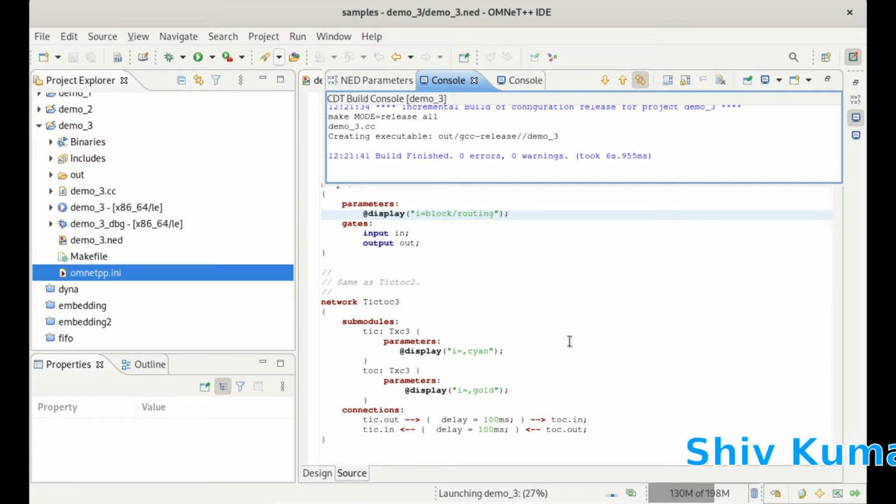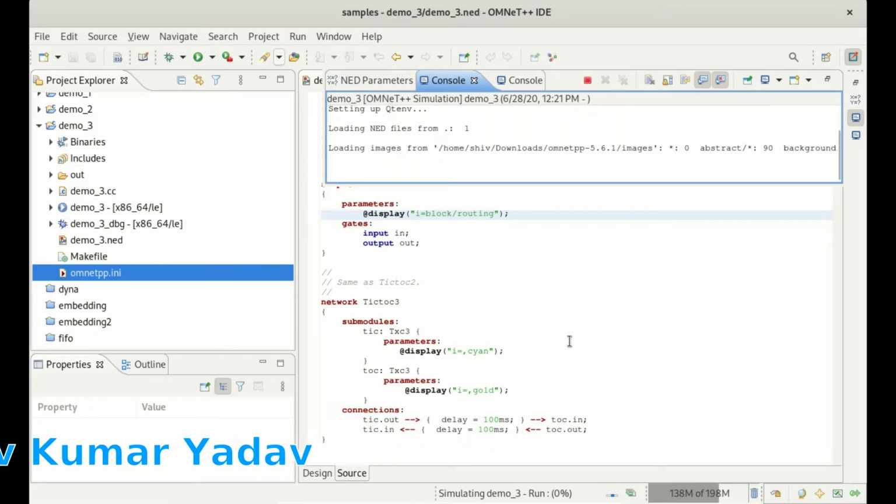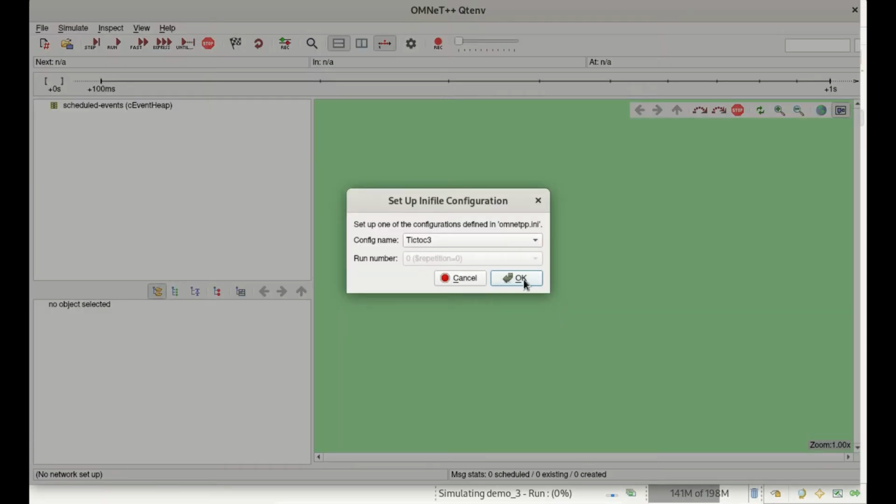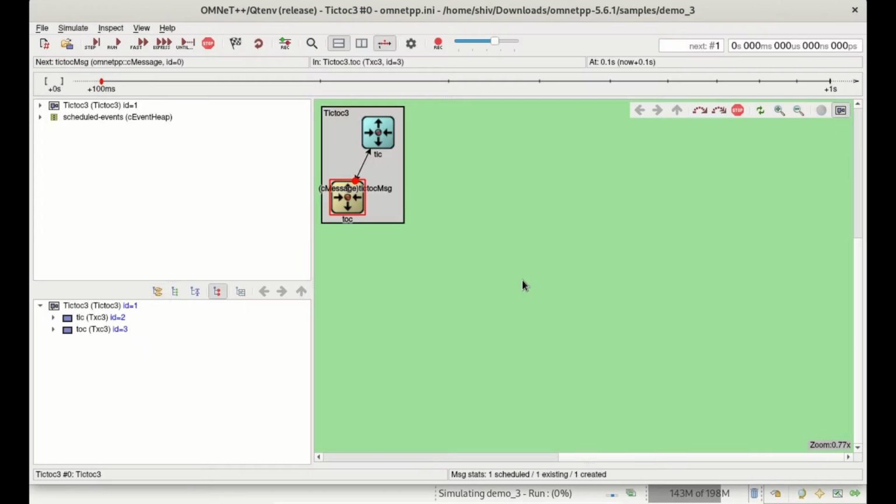Just wait, keep patience. So I am clicking on the OK button. Here you can see the design part. This design you are seeing this time is done by the NED file. Here you can see some symbols, this arrow, dot; these things are done by the display we were discussing a few seconds ago. So I am closing this window.